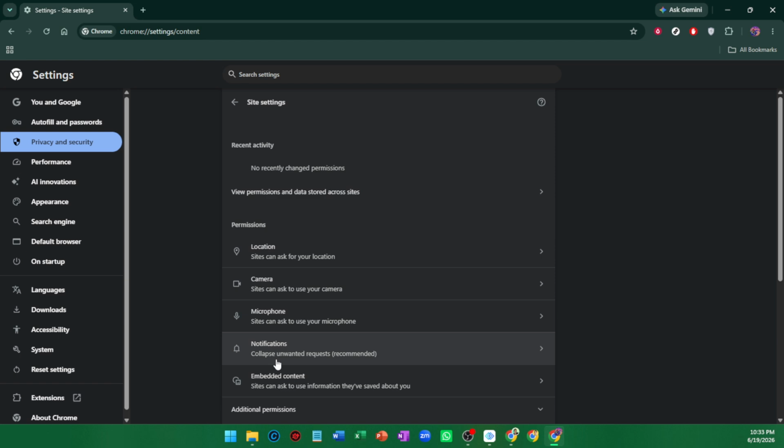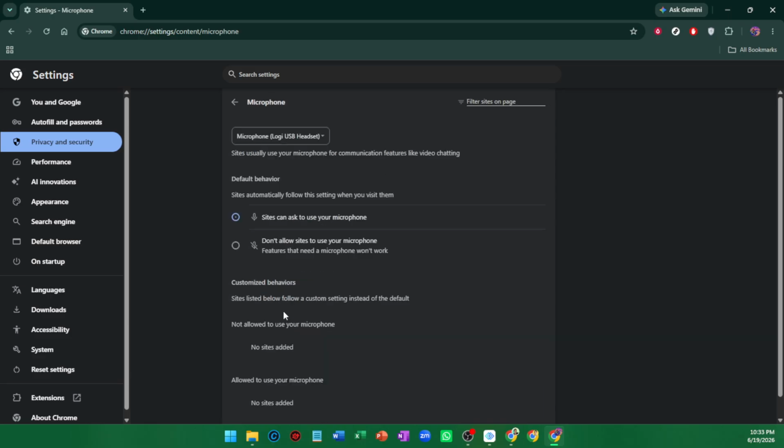Now scroll down until you find the permissions section. In that area, click Microphone. This page is specifically where Chrome controls whether websites can request access to your microphone, which is what voice search depends on. On the microphone settings page, make sure the option that says sites can ask to use your microphone